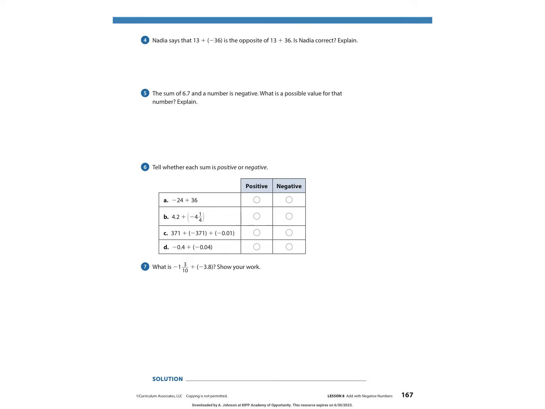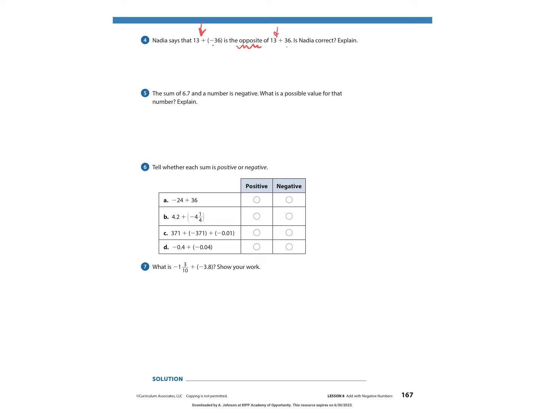All right. Nadia says 13 plus negative 36 is the opposite of 13 plus 36. Is she correct? Well, opposite means they're additive inverses, right? So I see negative 36 and I see positive 36. So maybe, but I need to do the math to make sure